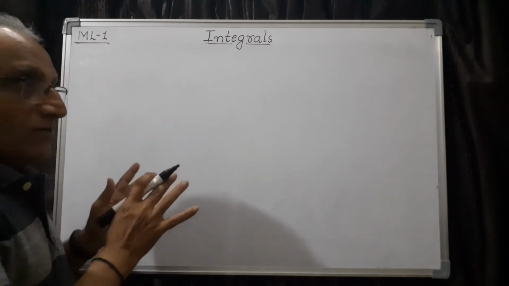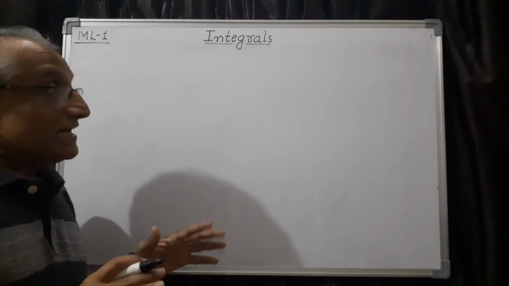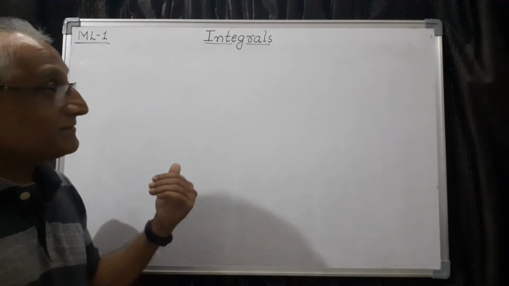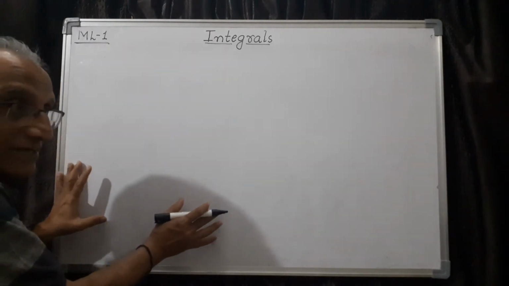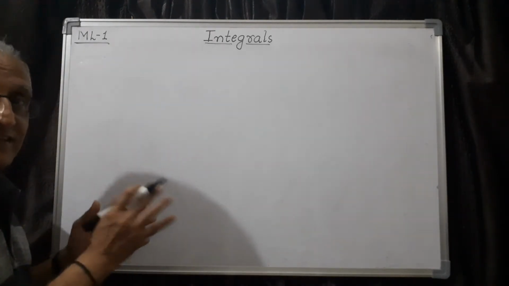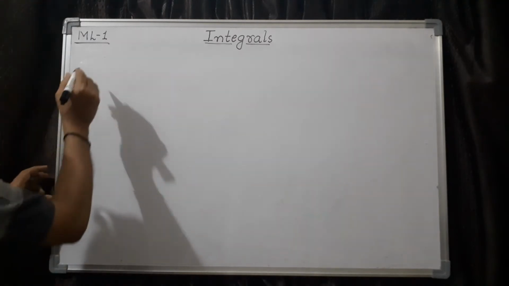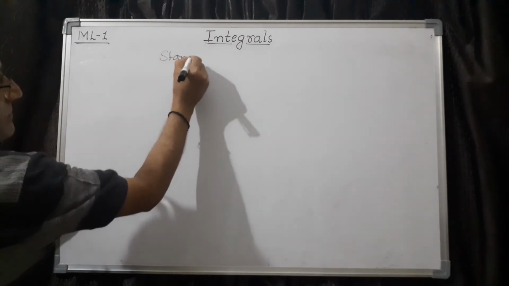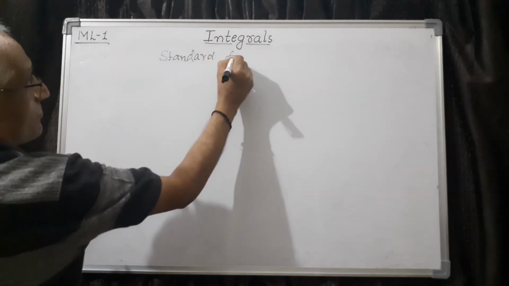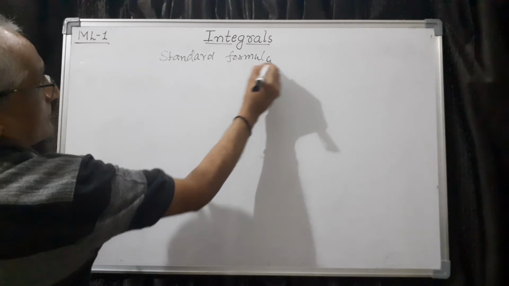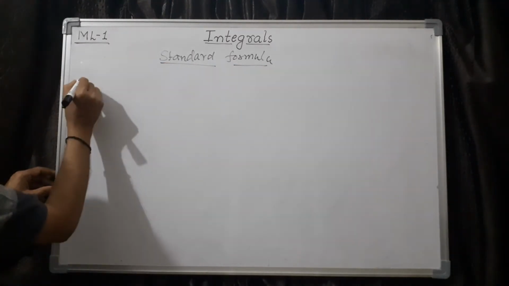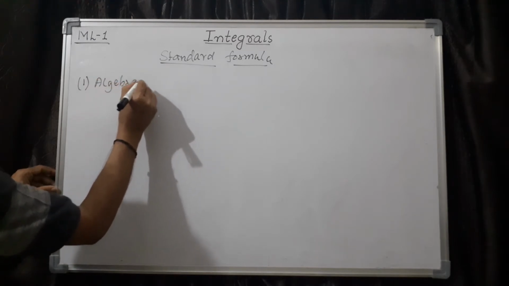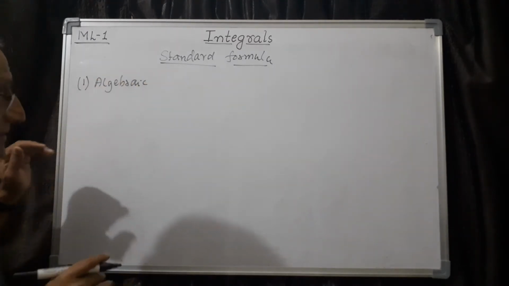Now what we have to do is derive the formulas, but it's always a reverse process, because unless you know what the derivative of a given function is, you cannot write the integration. Therefore, first let us do that. The first, therefore, you can say this way, standard formulas. So first one is algebraic, and it is always better if you remember this category.